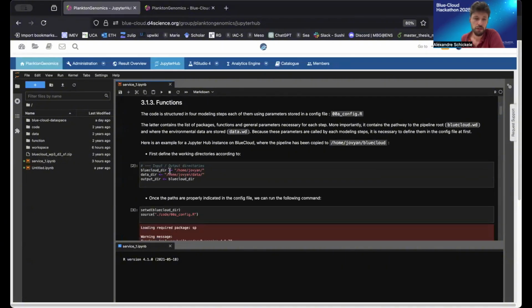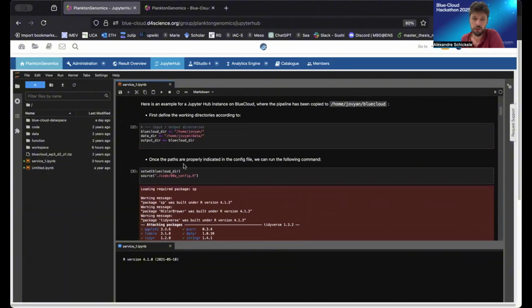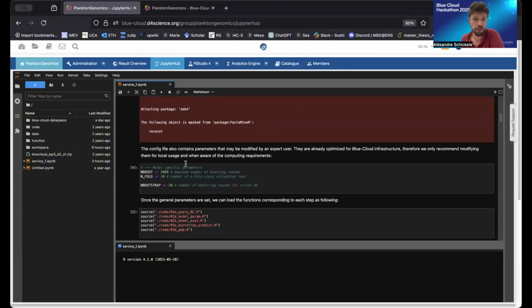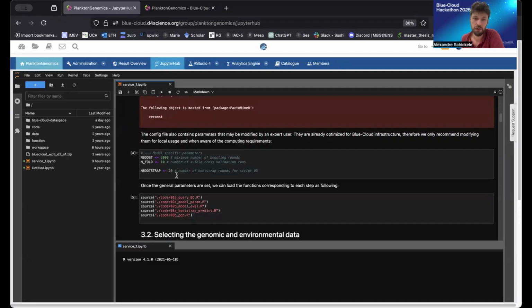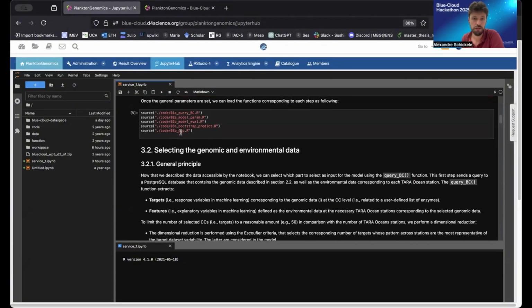This block cleans the memory of the Jupyter instance. Set the working directory, load all the packages, define the model parameters if you want to model it using the Plankton Genomic VLab, source all the functions, and